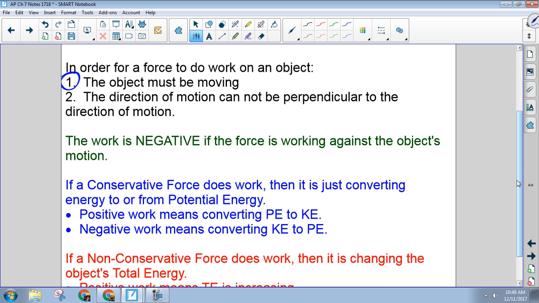Because I'm not changing the energy of this thing in any way, I'm not doing work, even though I'm exerting force. If I stand here and do this all day, I'm going to get tired. But according to the physics definition, I'm not doing work on this, because the object is not moving. Cool? All right. Number two,